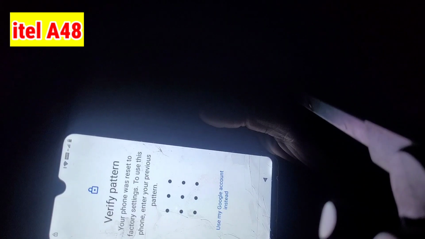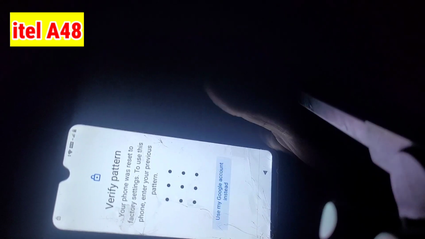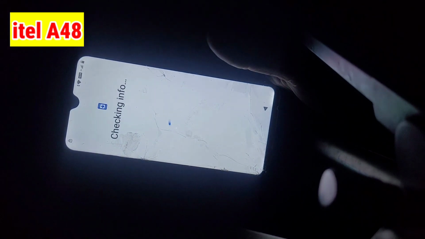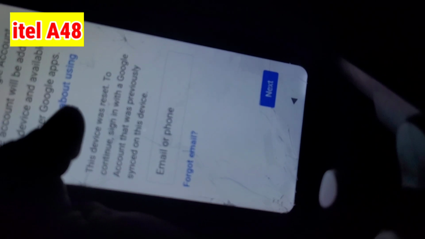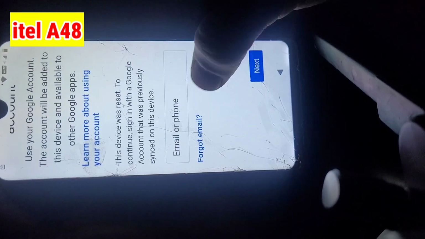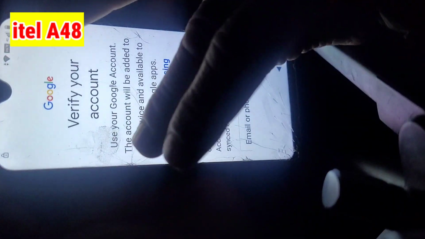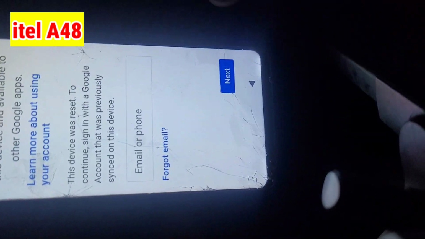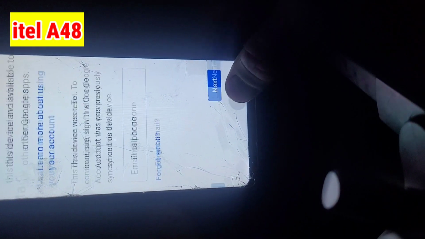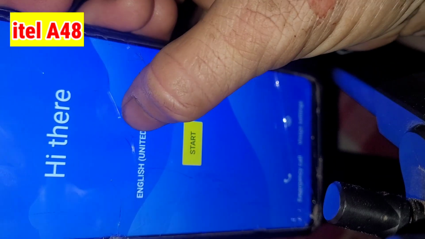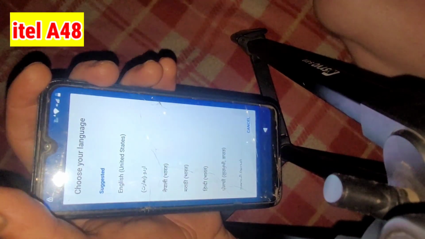Here you can see it is FRP locked, and your phone will not be set up from here because it is FRP locked. You cannot set up this device now because I do not have the Gmail account and the password.